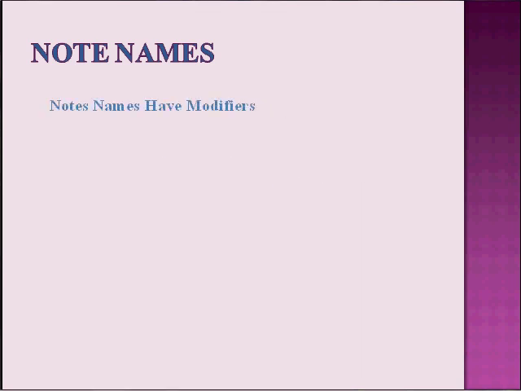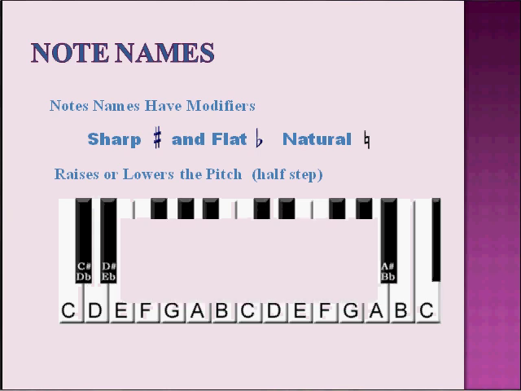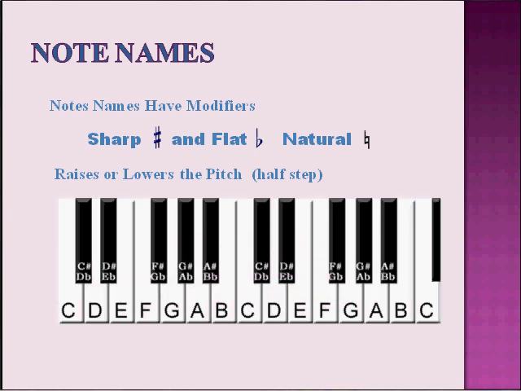As we move on and look at this, our note names have modifiers as well. We can have sharps and flats and naturals. Of course, the sharp or flat raises or lowers the pitch a half step, and the natural will bring it back to its original foundation. So if we look at a keyboard, we can see here, looking at the A and B specifically,